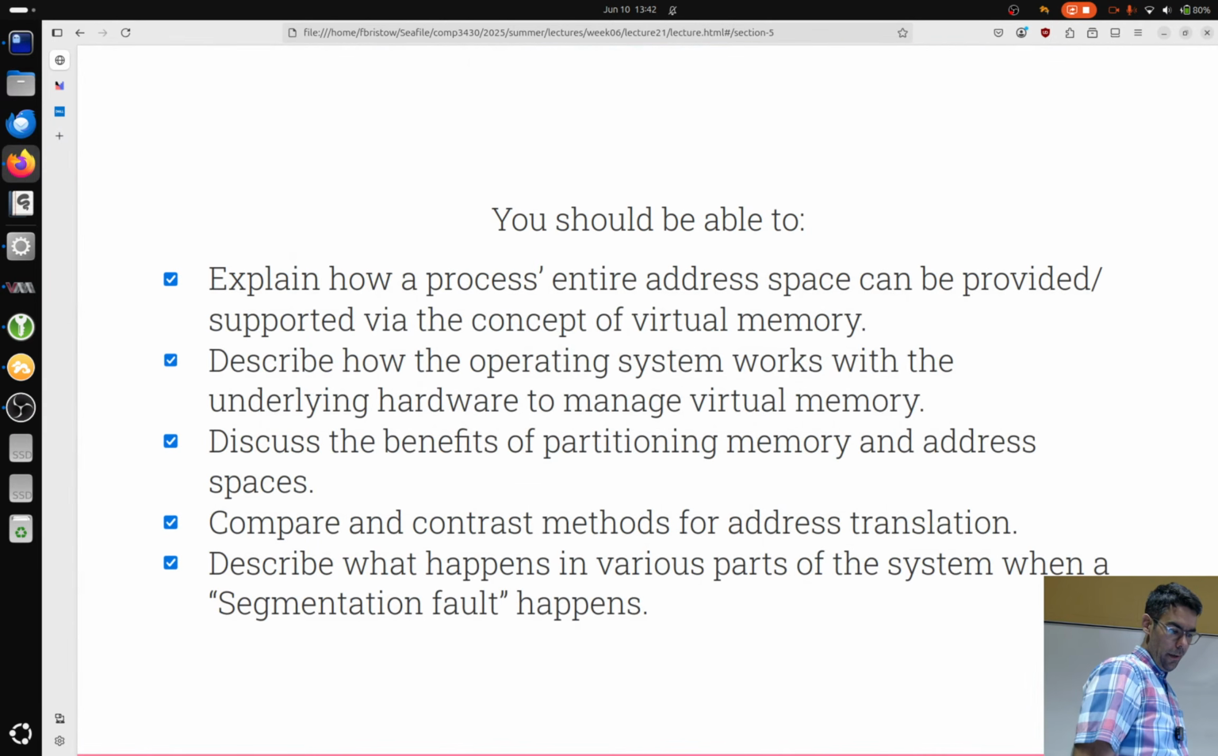At this point, you should be beginning to explain how a process's entire address space can be provided or supported via the concept of virtual memory. So again, base and bounds just makes the address space smaller and then we can fit it into physical memory. Segmentation partitions our virtual address space into smaller pieces, and then we can fit many more of these things into physical memory. In terms of our course, what I care about for how the OS works with our hardware to support this is that we're configuring registers. We're telling the hardware what it needs to do when it's